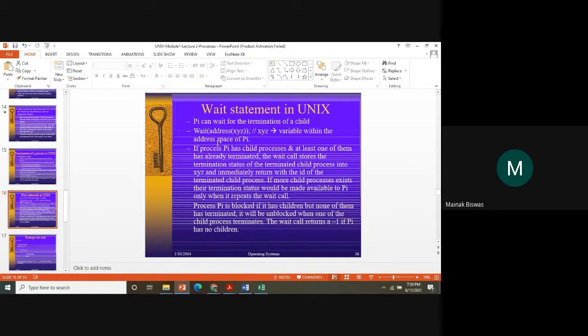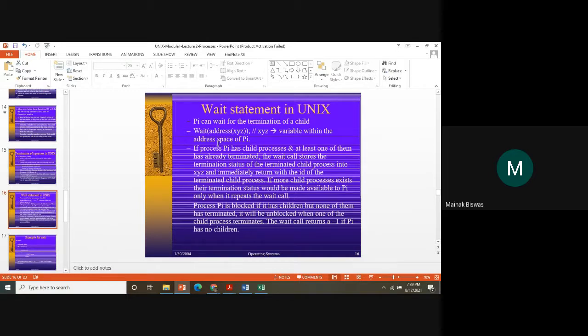If the parent process has created a child process which is ready to be executed, and it wants that at least one of the children must terminate, then it has to wait. The process has to remain blocked until one of the children terminates. So it is in the blocking state when it executes the wait command.